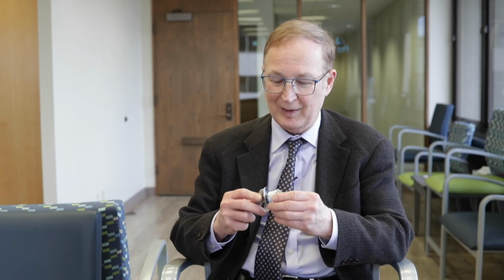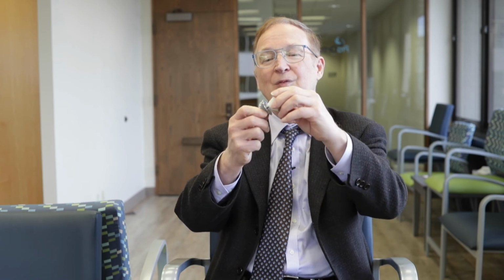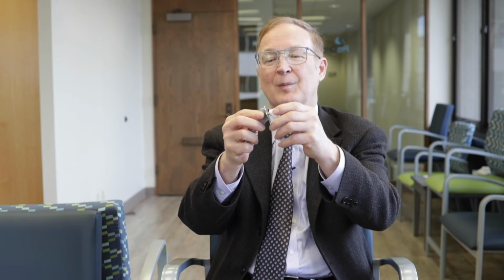I'll show one other implant, because this is from another pioneer on the shoulder, Dr. Townley, who interestingly did the first, as far as we can tell, total shoulder with a resurfacing socket. And this is, of course, a total shoulder itself. This was actually one for a patient, custom made. He had a base that he secured with a spike, and it had some screws, a plastic socket which snapped together, and he had a white zirconium ball that snapped in it, and then of course the stem